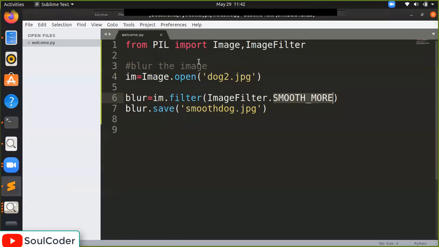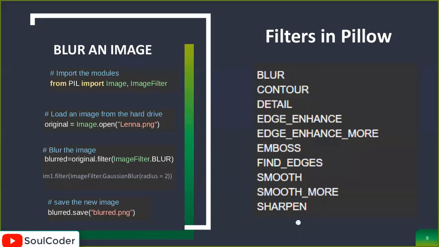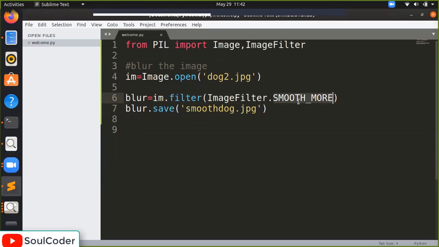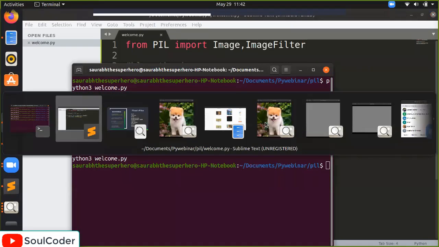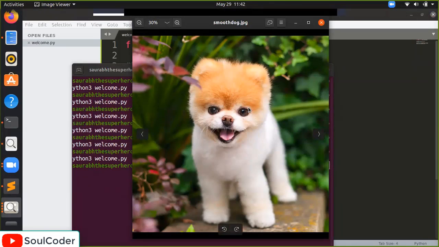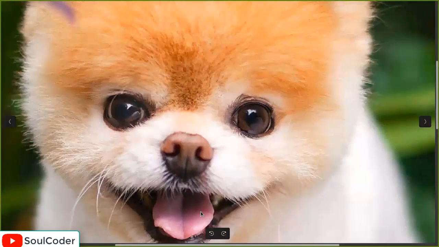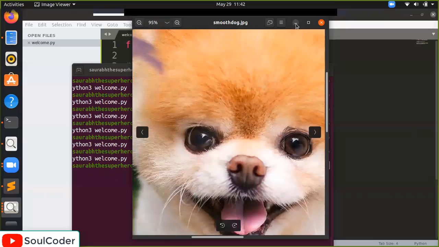And there is another filter which I like, which is sharpen. You can also try it. Okay, I'm not going to try everything here. Sharpen. Let's try. I'm going to use the same thing. Now I think you can notice what exactly it is. This is the sharpened image, meaning you can see the hairs are sharp here if you look properly. So this is the way image filters work.